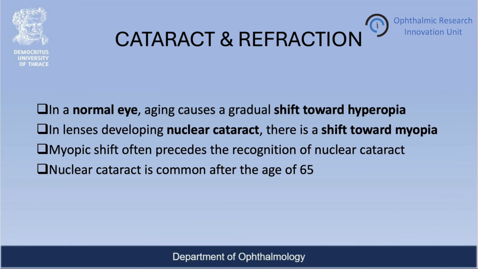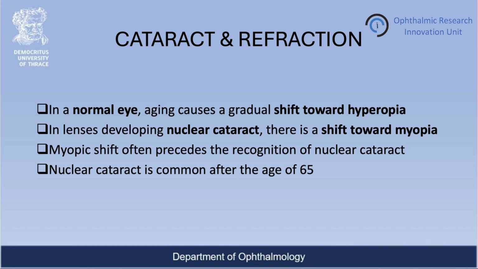One of the cataract symptoms is monocular diplopia, which results from changes in the refractive index within the lens. Apart from that, the color perception of cataract patients is also affected. In a normal eye, aging typically causes a gradual shift toward hyperopia, but in lenses developing nuclear cataract, there is a shift toward myopia. This myopic shift often precedes the recognition of nuclear